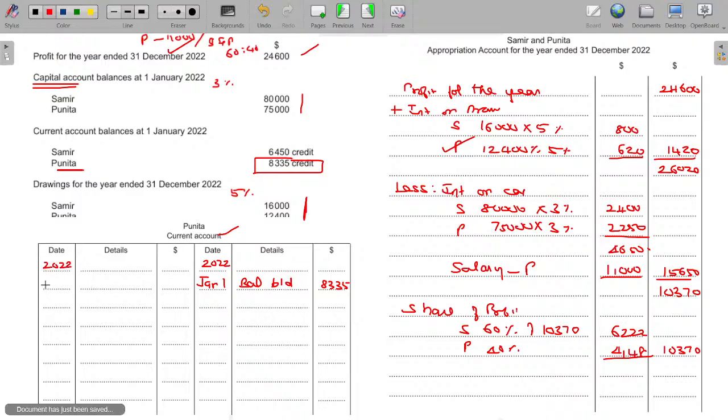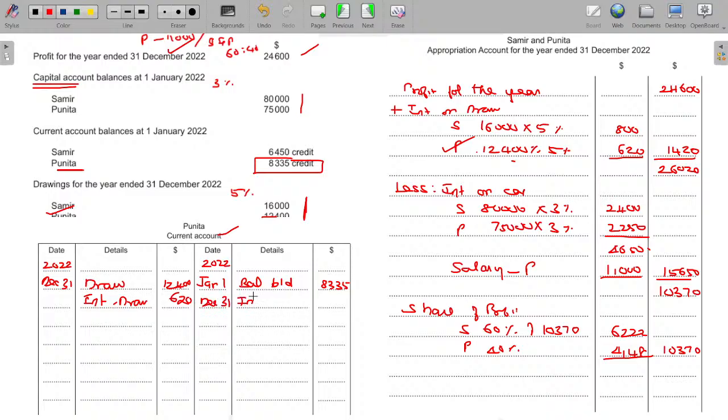On 2022 year end, December 31st, you are going to prepare all these things at the year end, right? Drawings of Punita are 12,400. After that, you incorporate from the appropriation account this one, interest on drawings for Punita 620. And then interest on capital